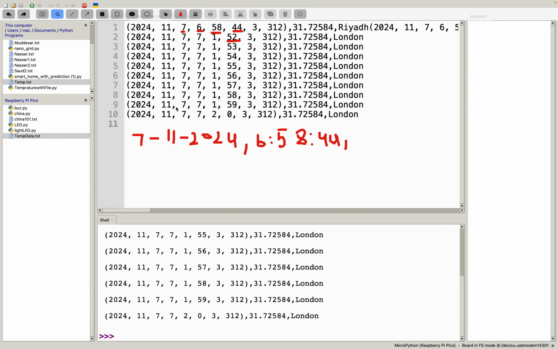Now in order to do that, I need to understand this is a tuple, right? This is a whole tuple. So I need to pick up these, and this is stored in ct, right? So I need to get this one, I'll do ct sub, this is 7, right? This is 0, this is 0, this is 1, this is 2, this is 3, this is 4, this is 5. I need to pick up these, right? ct sub, first one is 3, right? Because I want to pick up 7 is ct sub 2,